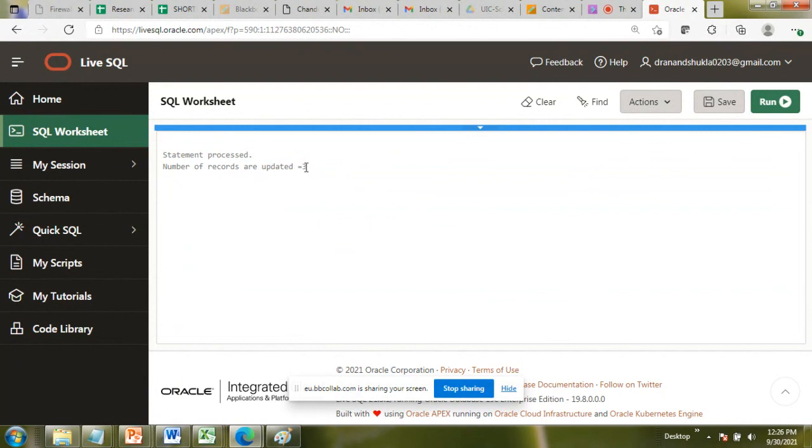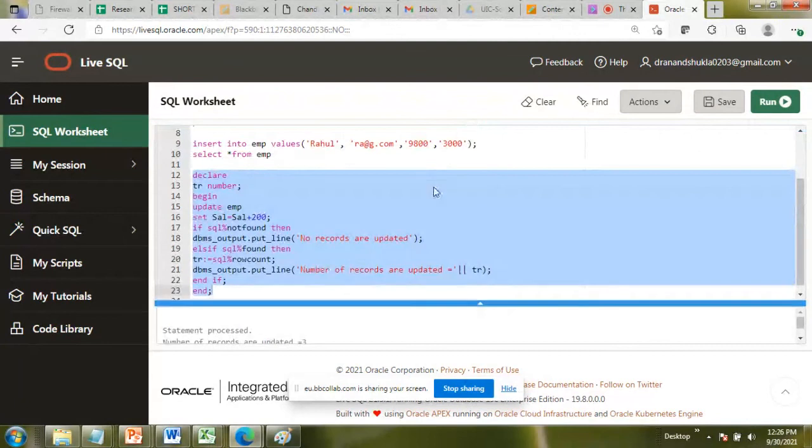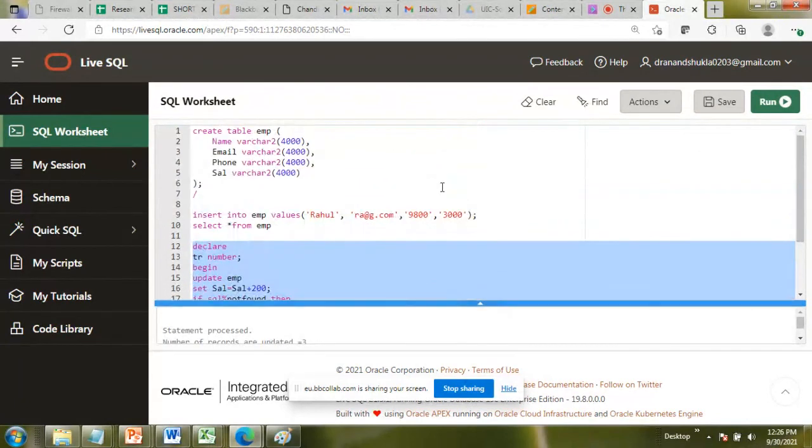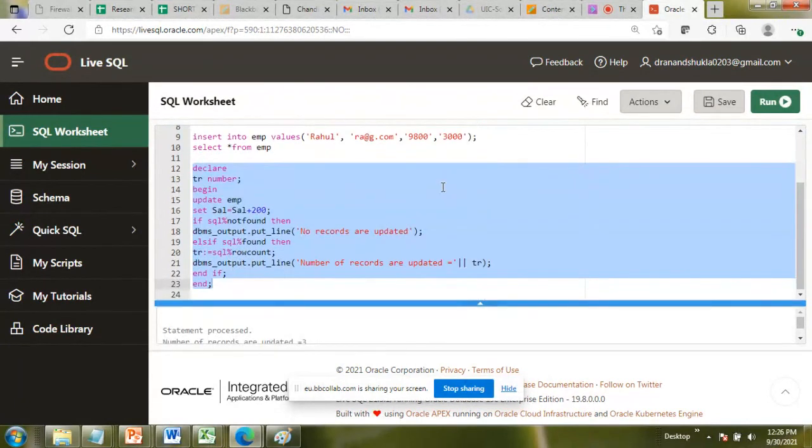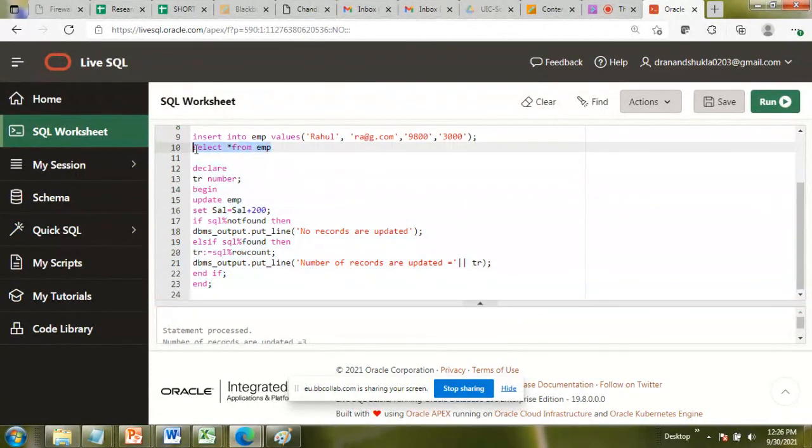Statement processed. Number of records are updated as 3. Fine, what was our salary earlier? You can see from here: 3,000, 2,000 and 2,500. Now again I'm going to select the records.